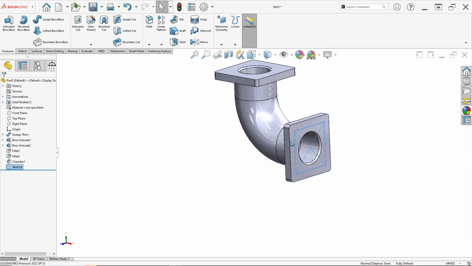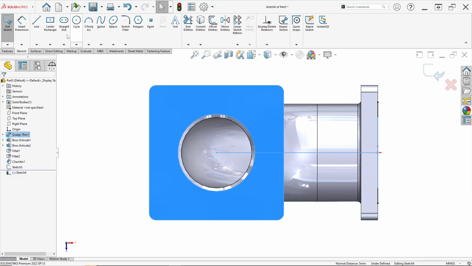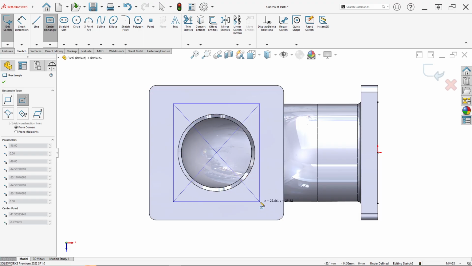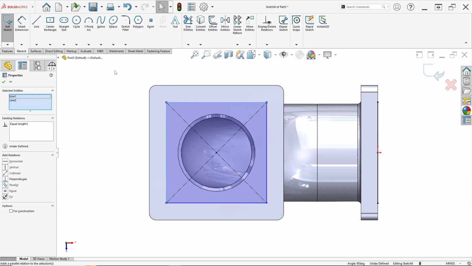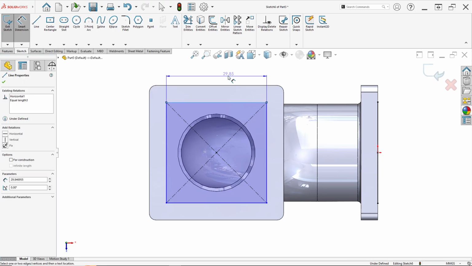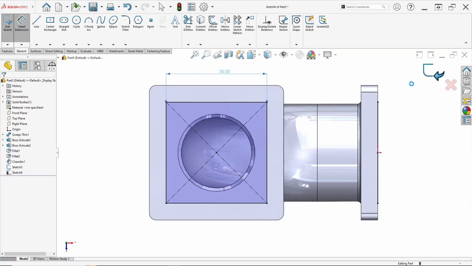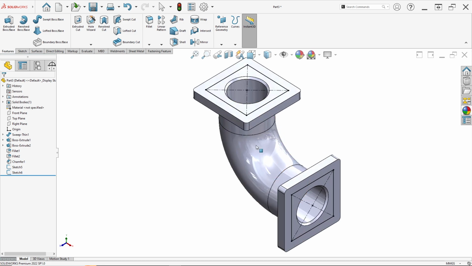Here we make the hole on its corner, this point, but first we exit sketch, and on this face, click sketch again and click center rectangle. Draw from the center like this. This line and this line, click make equal and set the line to 30 millimeter like this. We can exit sketch again. Now we can make this hole. The type is counterbore, using the Hole Wizard feature.